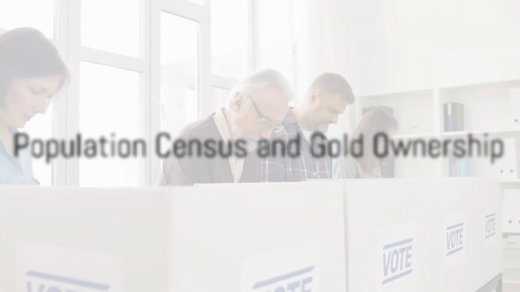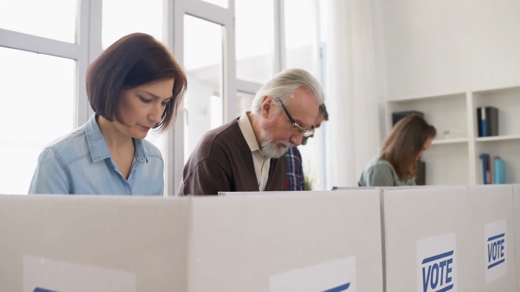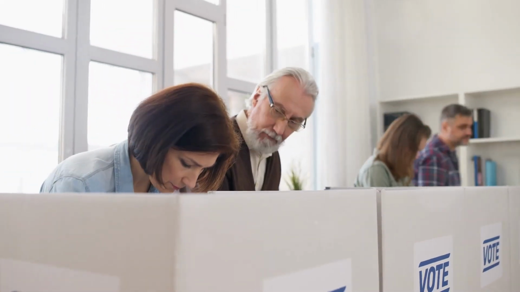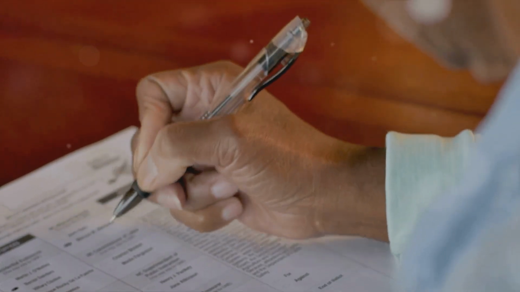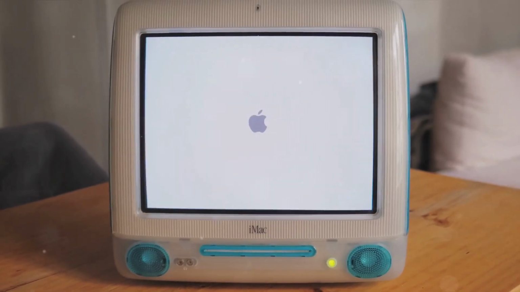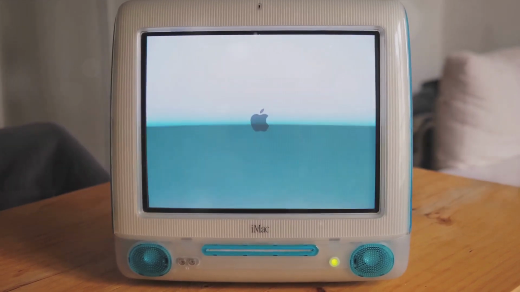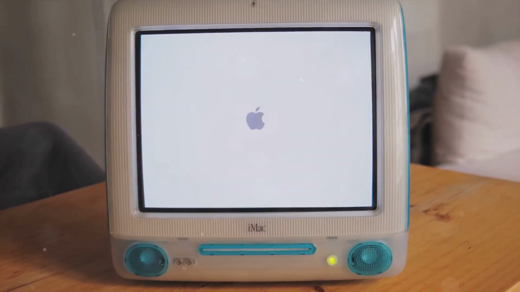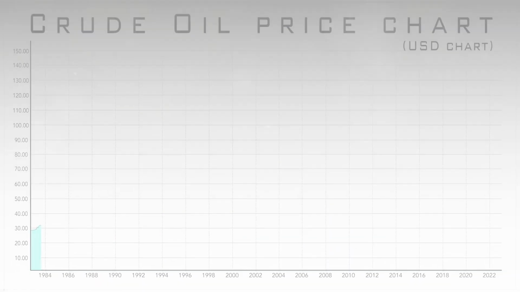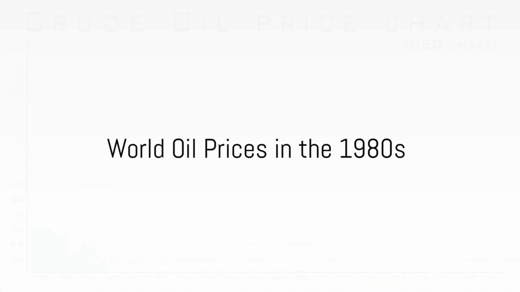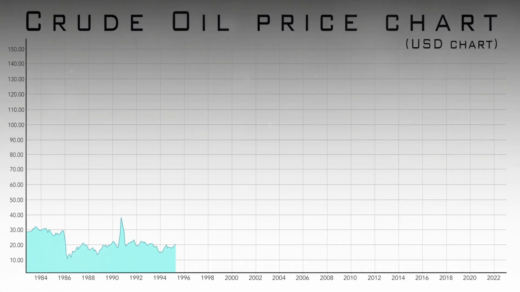The 1960 census determined the resident population of the United States to be 179,245,000. By 1973, Japan had lifted restrictions and allowed its citizens to own gold. In 1976, Steve Wozniak and Steve Jobs founded Apple Computer in the garage of Jobs' parents' house in Cupertino, California. The 1980s saw world oil prices dip below $10 a barrel in 1986.